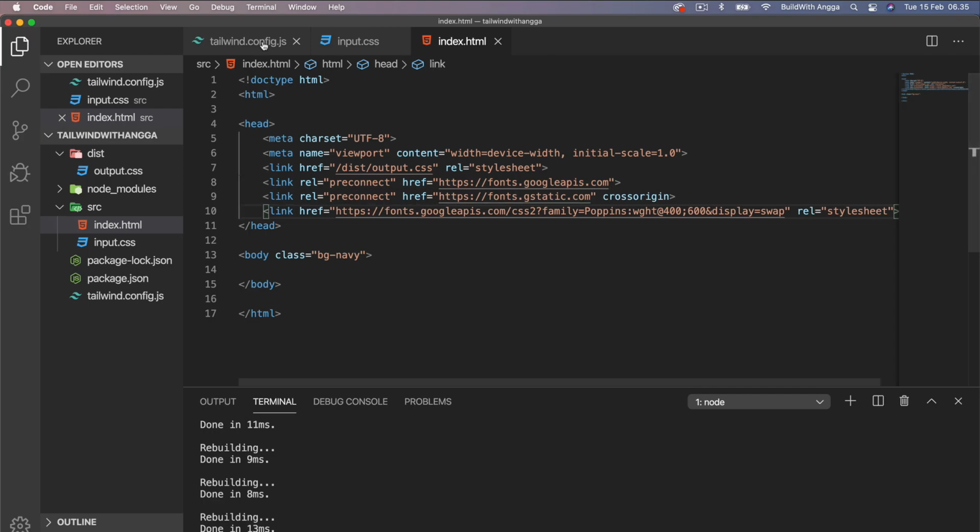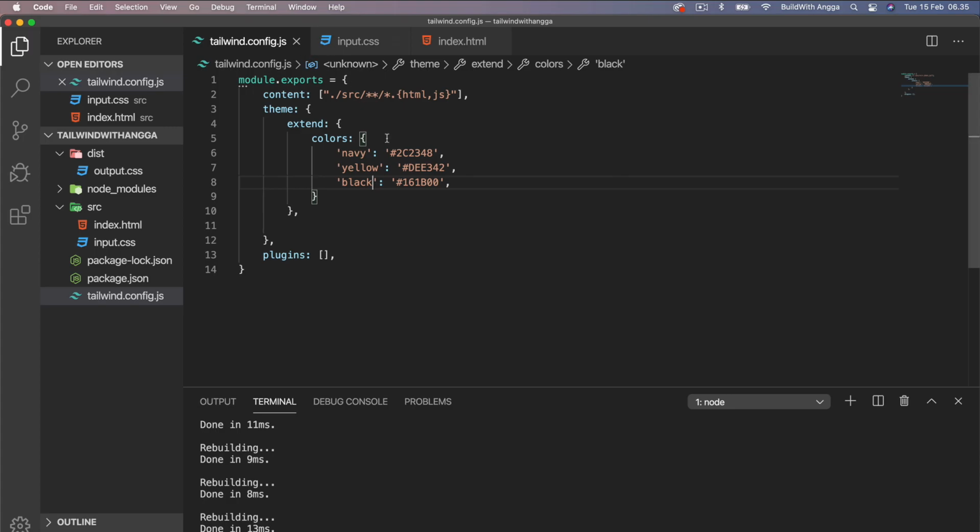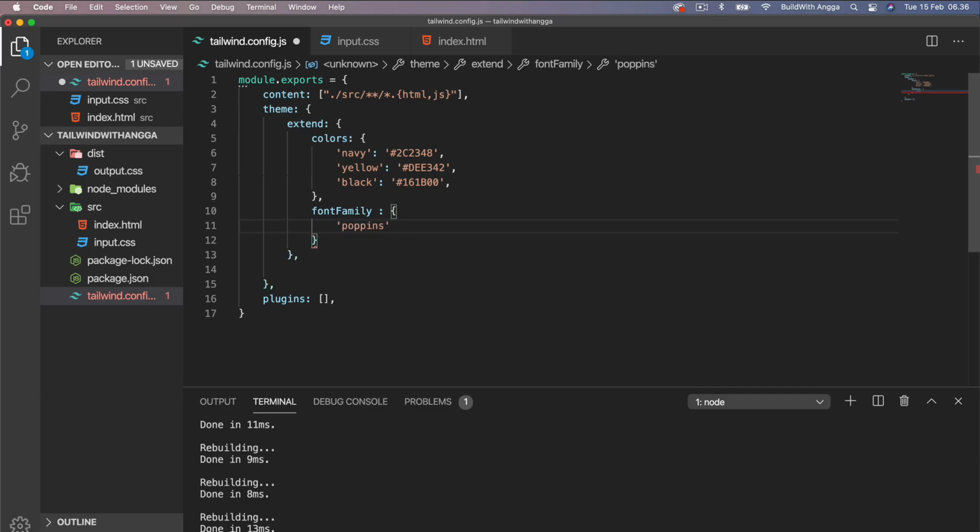And then we can go back into this configuration, and after that we can pair it with a comma to register our font family. So here it's supposed to be Poppins, and here we can register it as Poppins.